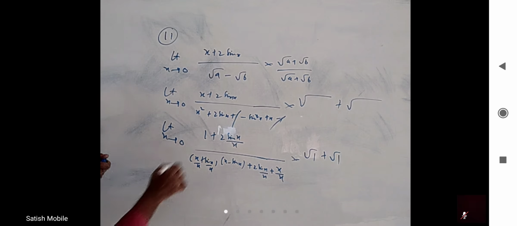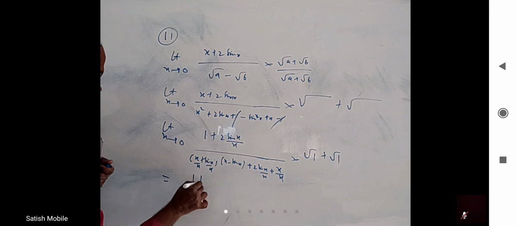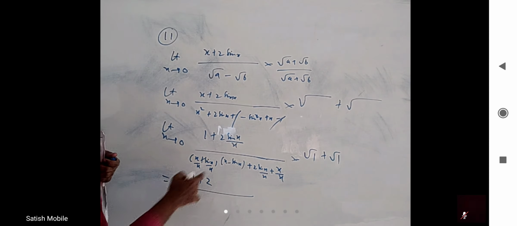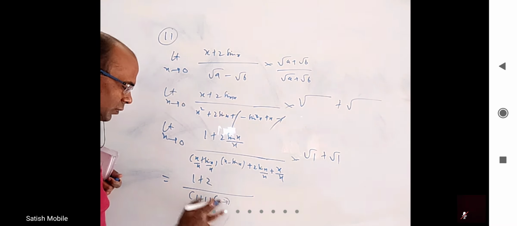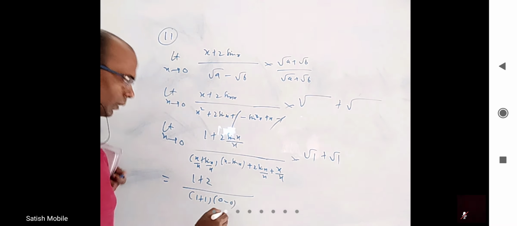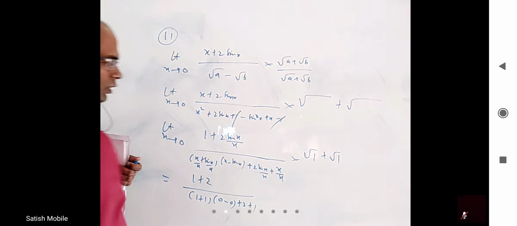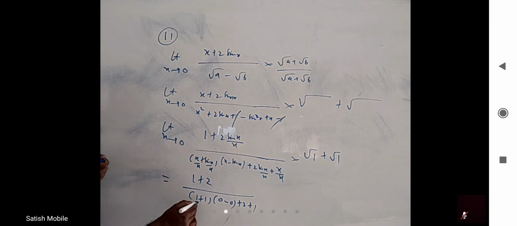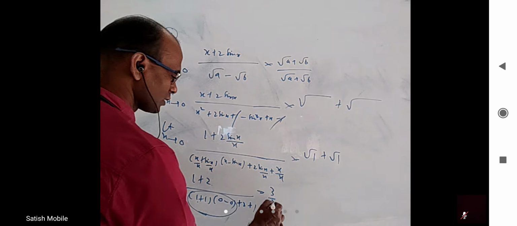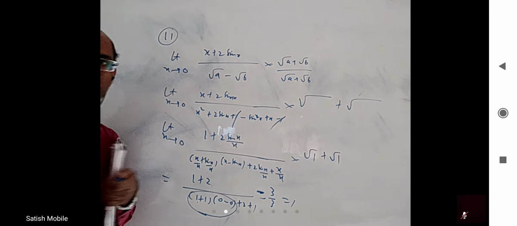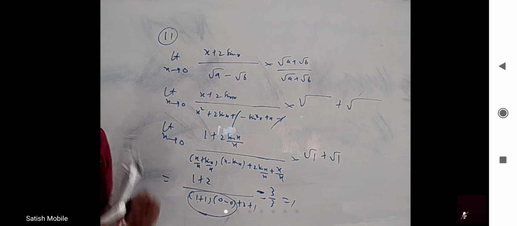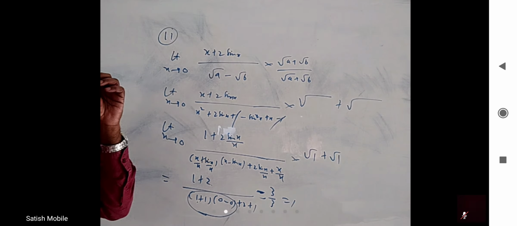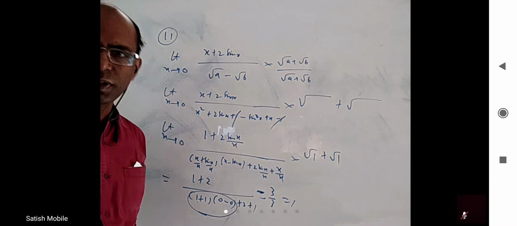Now, this is 1, it is 1 plus 2. This is 1 plus 1, but into 0 is there, 1 minus 0 minus 0. And this is 2 and this is 1, 2 into 1. So this is 1 plus 1 but into 0, nothing to worry about this. This is 3 and this is 3. 3 by 3 is 1. Is it okay? If you want, you can use L'Hospital rule also, it will come very easily, nothing difficult.